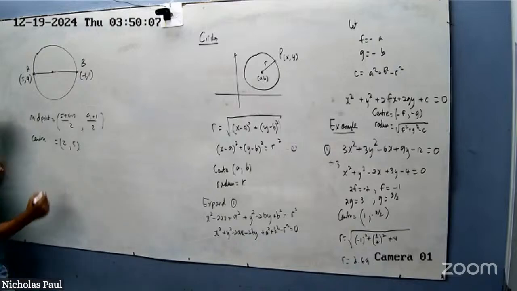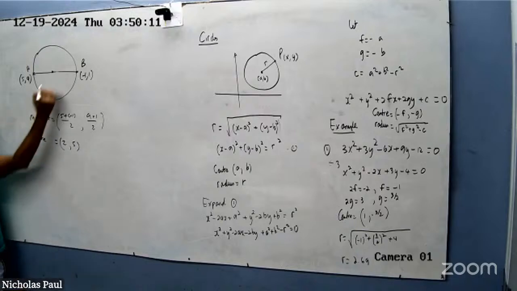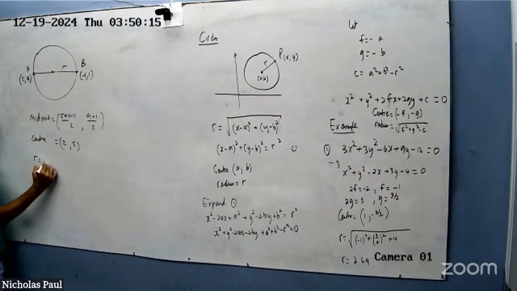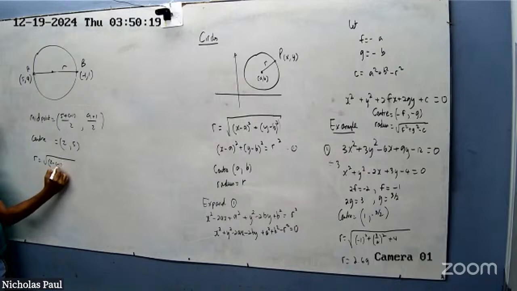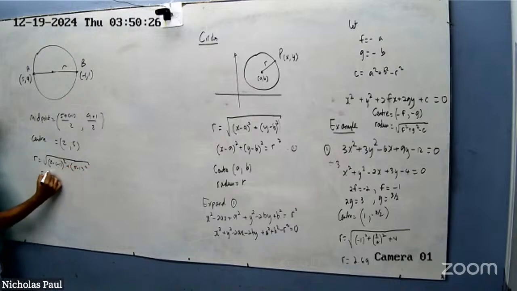Right? And then we need to get the length of the line, the radius, right? So going from the center to the point, the radius will be the square root of 2 minus 1 all squared plus 5 minus 1 squared, right? Square root of 3 squared plus 4 squared, which is 5. So the equation of the circle,